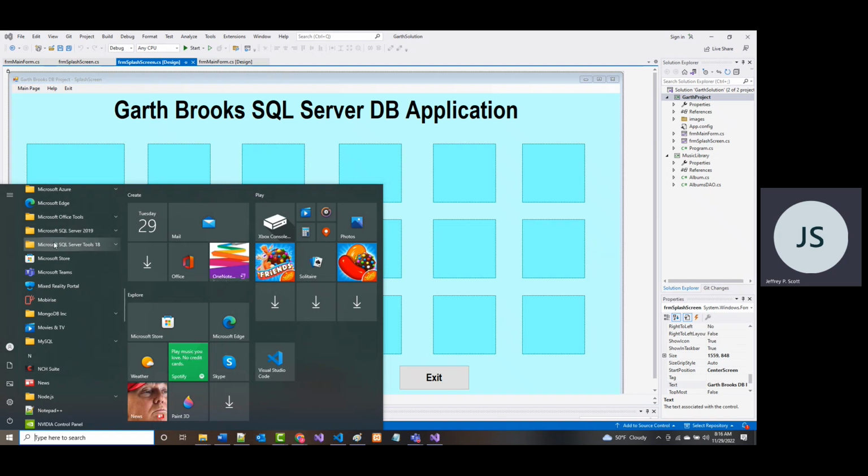But you have to come in and add the Microsoft Server Tools, I guess it is. But if you go underneath there, all right, there's Microsoft SQL Server Management Studio. Now, I believe the newest is 19 and I've got 18. Either will work.